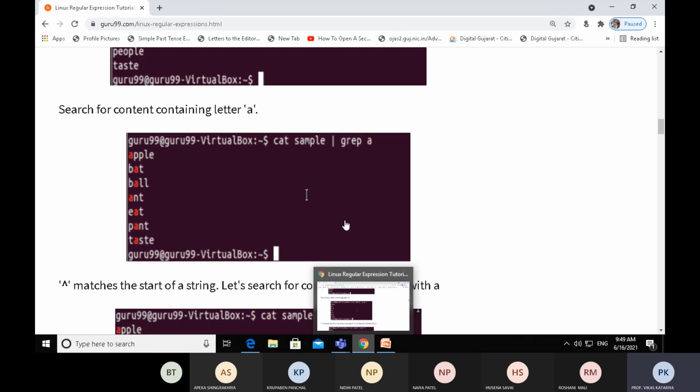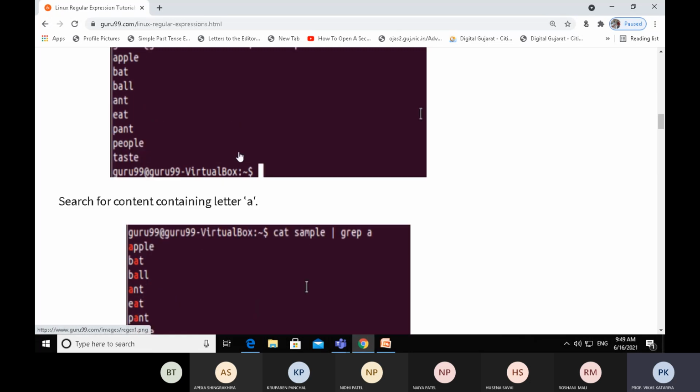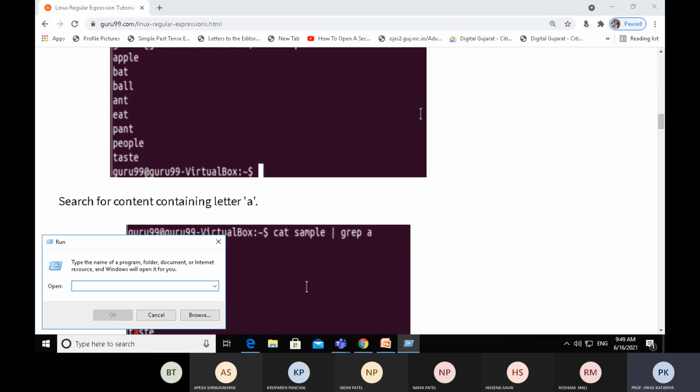Let's perform a practical so that you can understand properly. Let's connect with our Linux server, telnet 192.168.1.6.